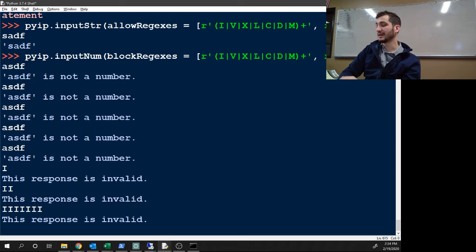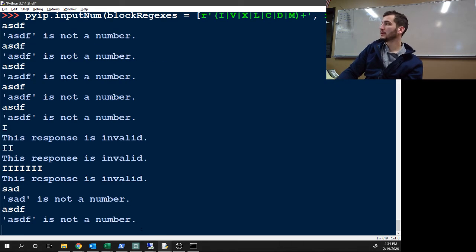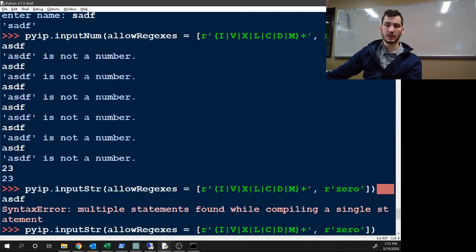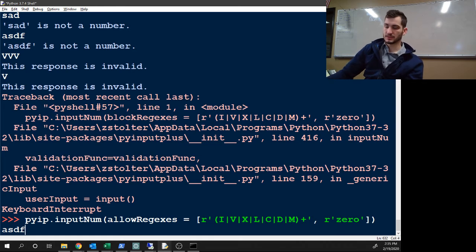This response is invalid. It's different than if I typed in a number, because it's specifically saying these numbers, these letters, don't allow them. But if we type back and go up with the allow of the regexes,